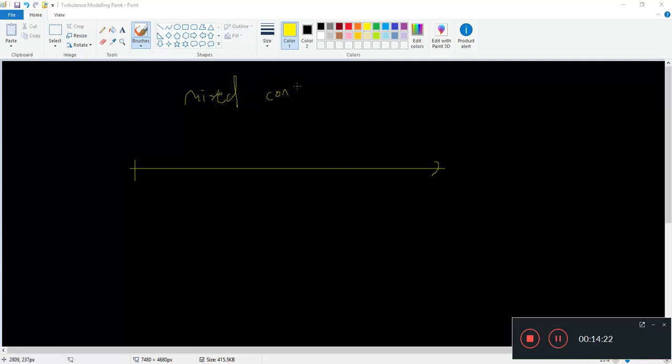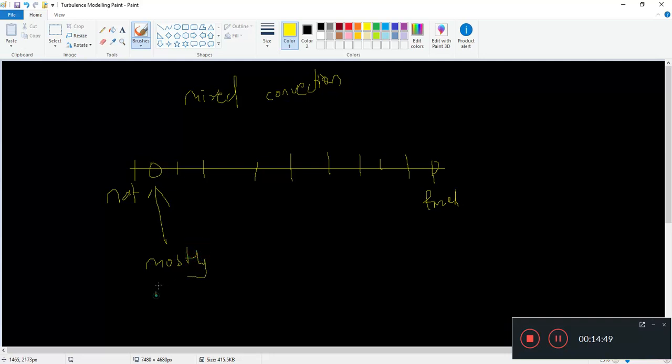Okay, you have mixed convection, and you have a spectrum, right? On maybe the left you have natural, on the right you have forced. So your mixed convection can be somewhere in between natural and forced. How are you going to say, let's say over here, if you have a flow which is mostly natural convection, and here where you have mostly forced,